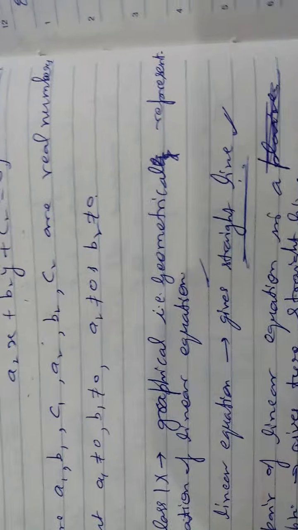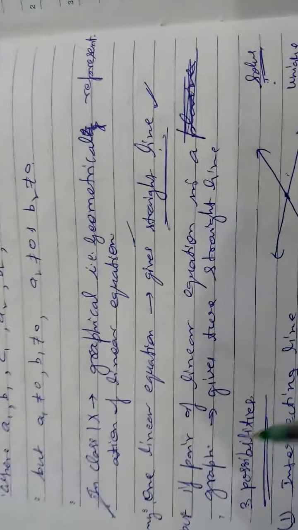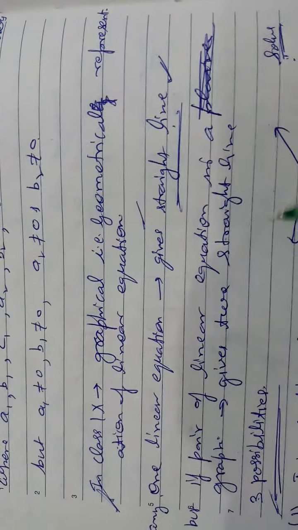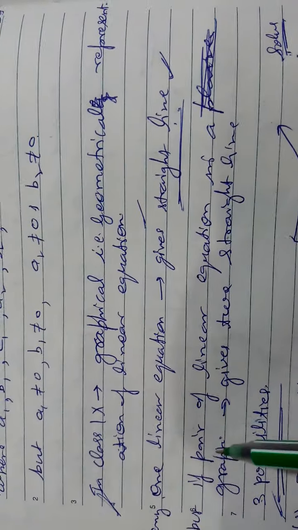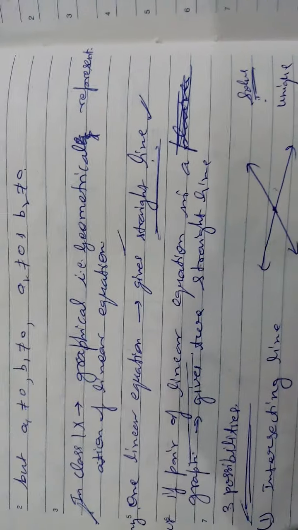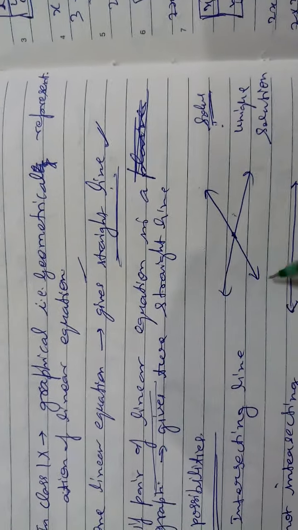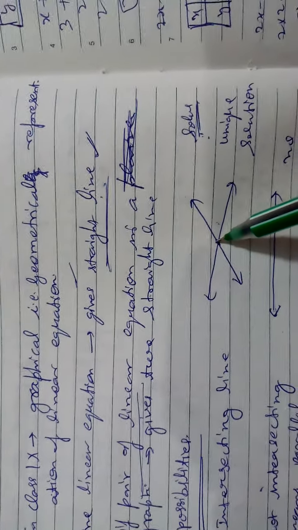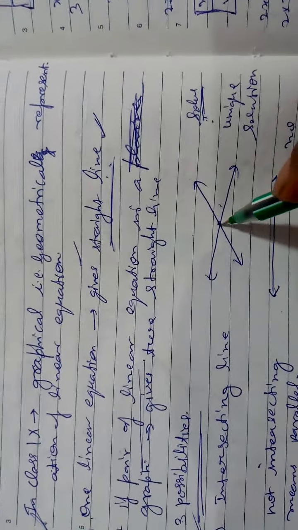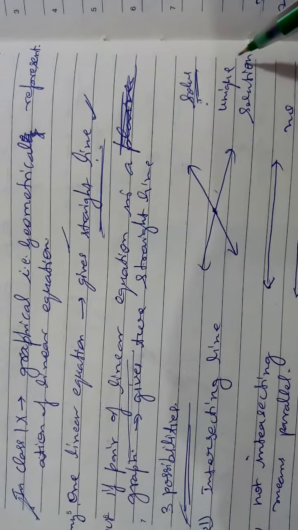If you draw a pair of linear equations on the same plane, the same page, we will draw 2 lines. So what will be the possibilities? You will know this from the lines and angles chapter of the 9th standard also. There are 3 possibilities for drawing a pair of linear equations. Pair means 2 lines together simultaneously on the same plane. So 3 conditions arise. First, they may intersect at a common point. This common point is called the solution, which is called a unique solution.